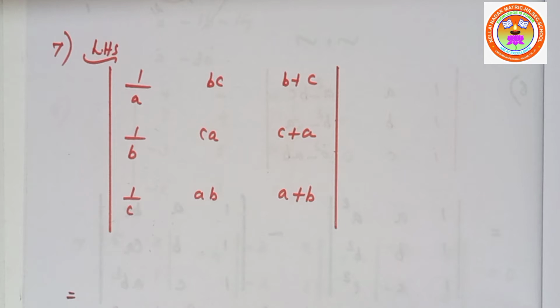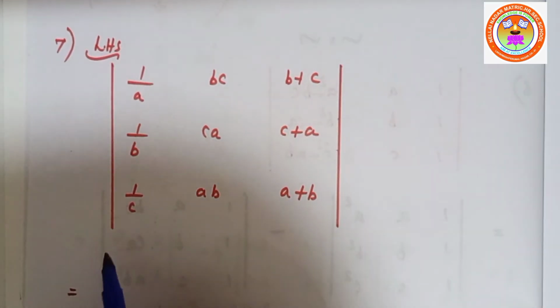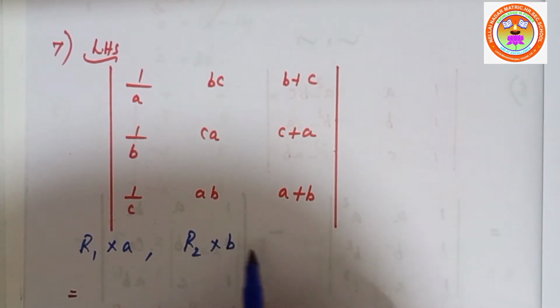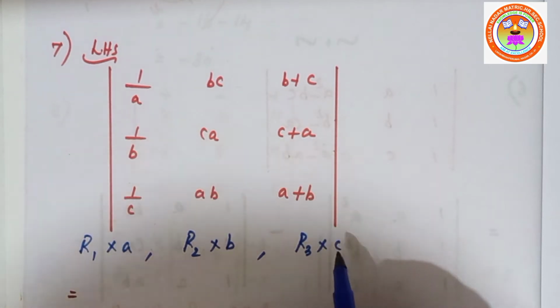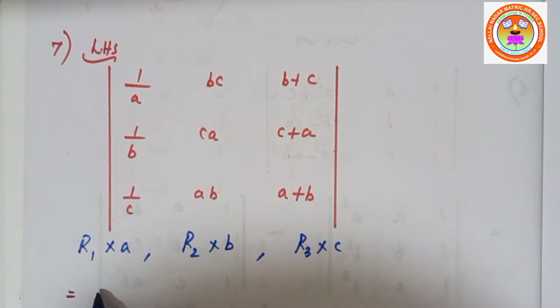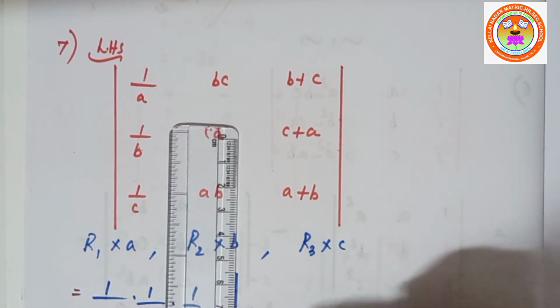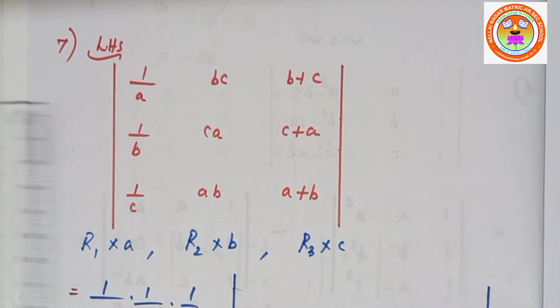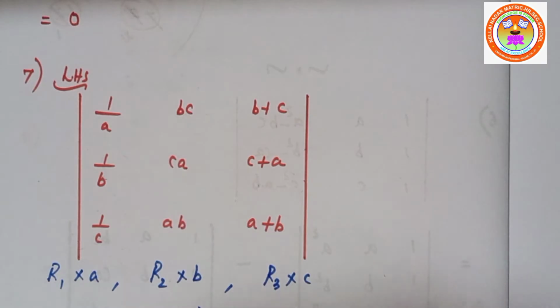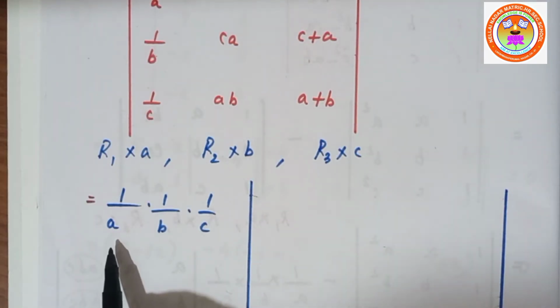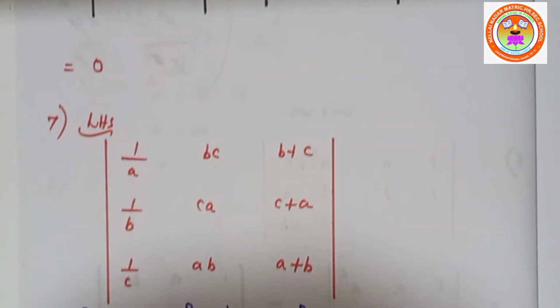So I am multiplying R1 by A, R2 by B and R3 by C. Once you multiply, for balancing, as I already told you, you have to divide by A, B and C. Okay. Now the determinant becomes, listen carefully, if we multiply the first row by A, just for balancing we have divided by A. Now I am going to multiply the first row by A.